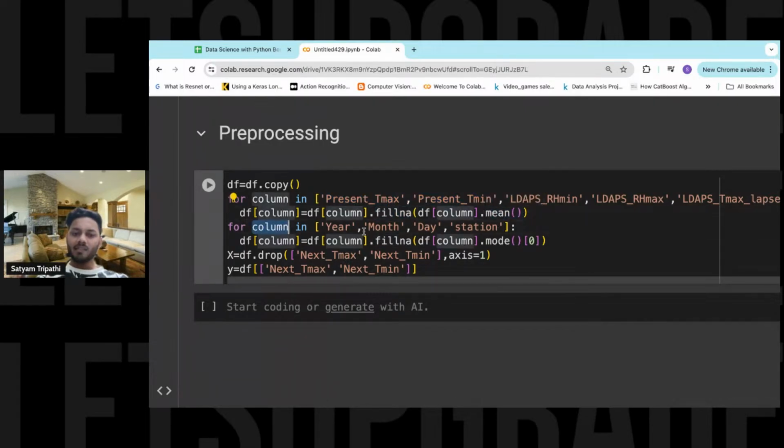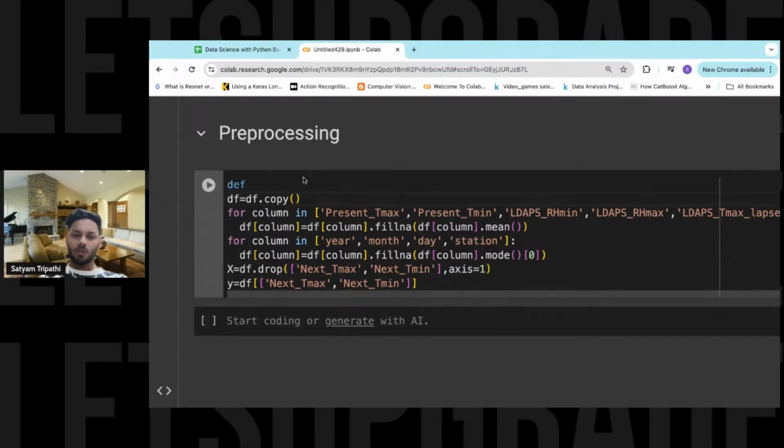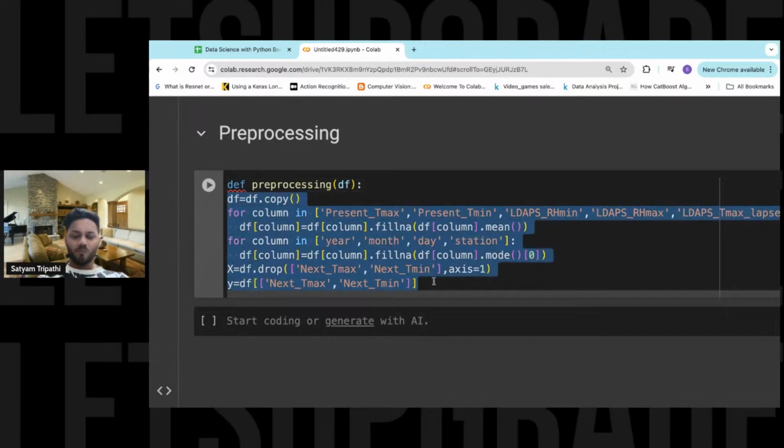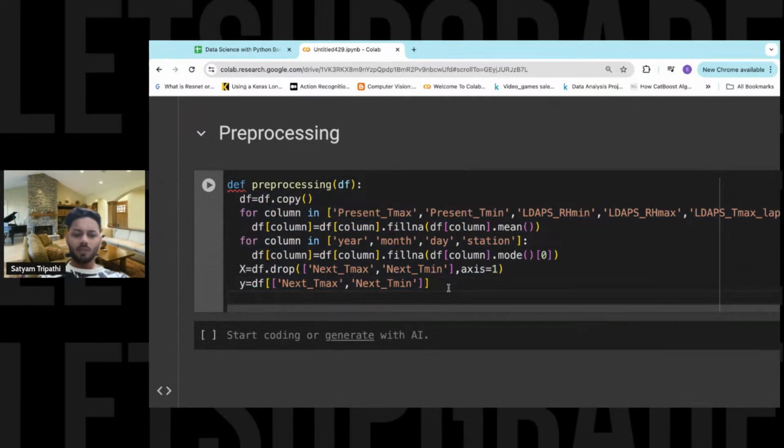And if the data is in year, month, day, or station, we'll fill it by mode. So one thing we'll do, just write it in a function. Let us say the function name is pre-processing df, do this thing and return